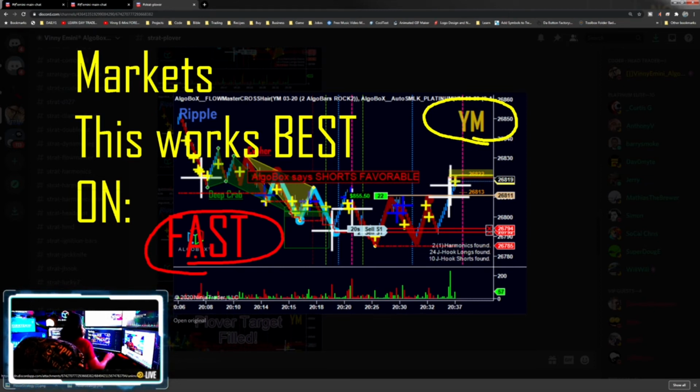Walmart's not moving too quick, but more of a tech might be good. In our case, we have the NASDAQ, right? The big one for us is NQ. NQ is the number one instrument that we're going to be looking for a plover on. This is going to move fast, move quickly, and we want to see that burst and move, pow pow, take your money, hit very quickly in and out on this type of style. Okay, so in our room, I'm going to show you guys the list of these in order from speed top to bottom for the instruments that we trade in here,